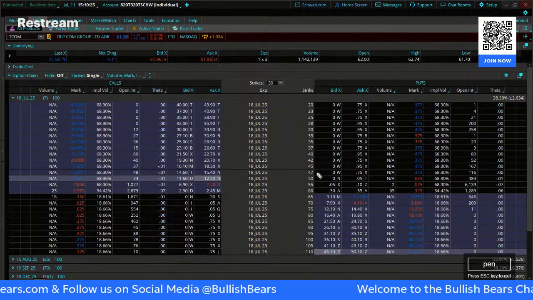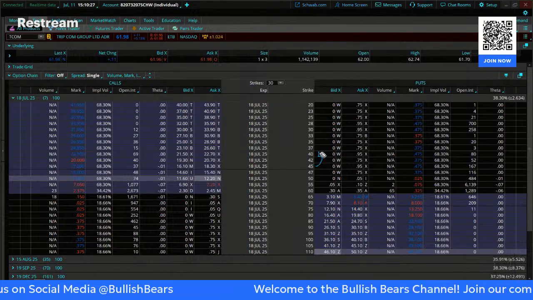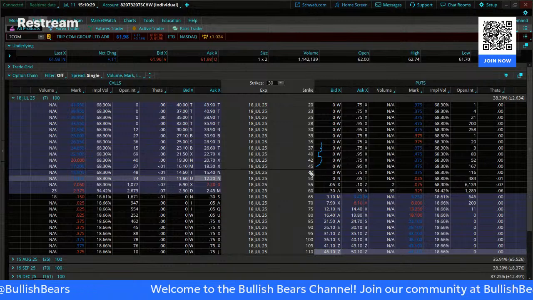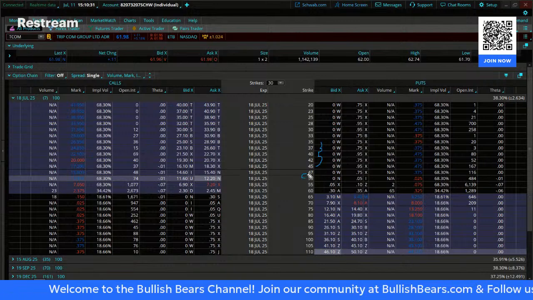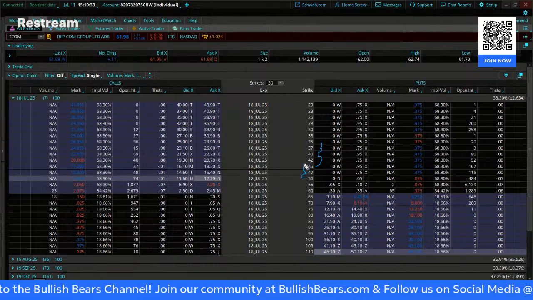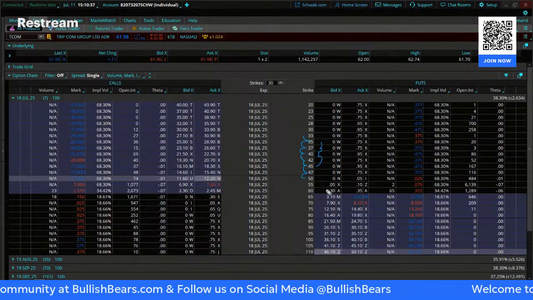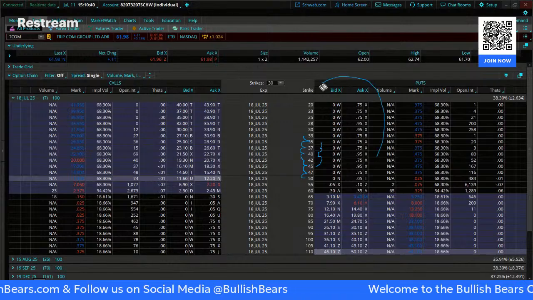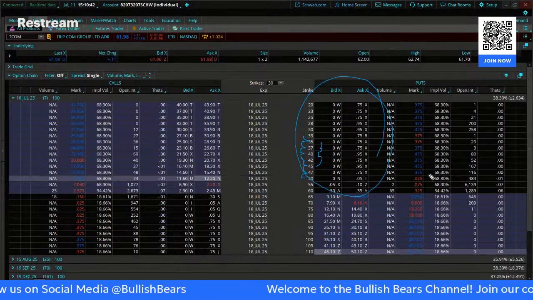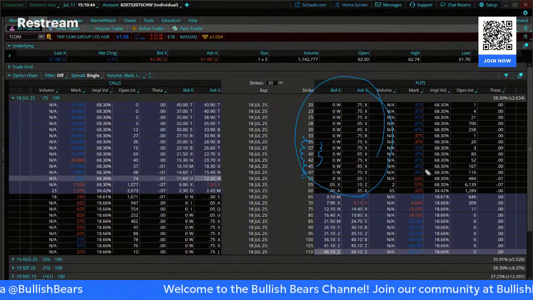Another tip that we can see is on the put side, the strikes start to narrow up a little bit. It goes from $5 wide to $3 wide, and then to 2, and then to 3, and then to 2, and then 3, and then 2. These are warning signs, right? And look at all of those bag holders. Look at all that trash there. These are people that are